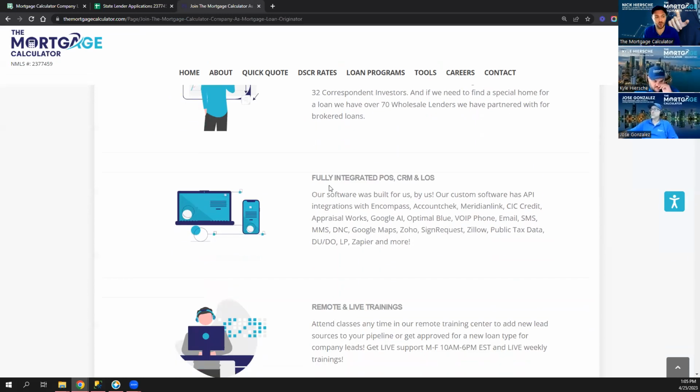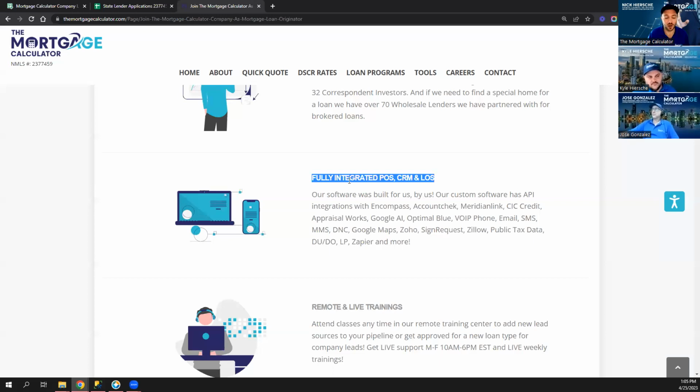Now, the next thing we go through is our software. Our software is basically what you would be used to as a POS, CRM, and LOS all together. So what does that mean? It's built for us, and it allows us to go from point of sale, from a lead, name, email, phone number, into the CRM, which is how we communicate and follow up with them, and then into our LOS. Our system is based on Encompass, but you'll see in a second, you don't have to use Encompass at all.